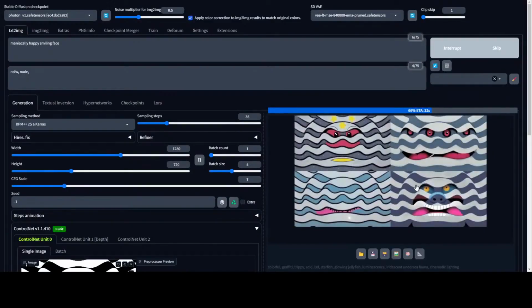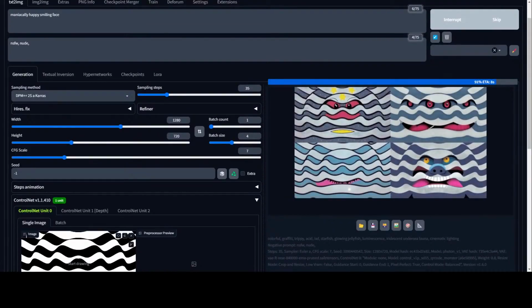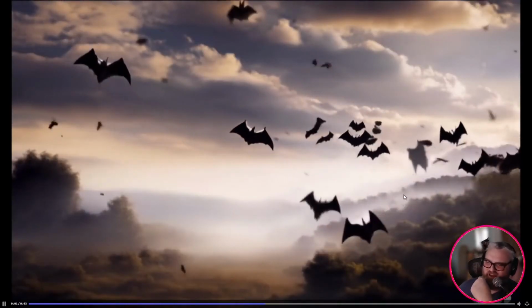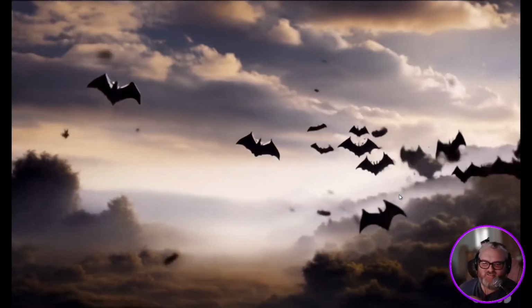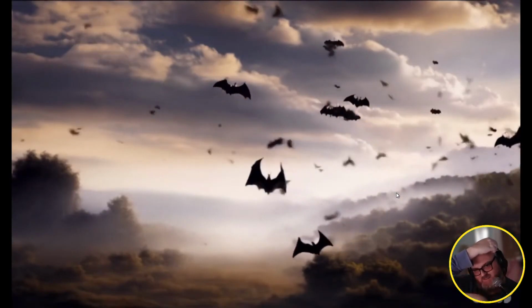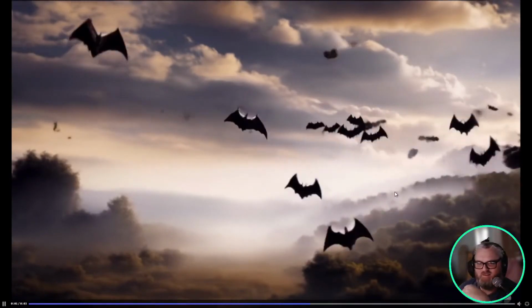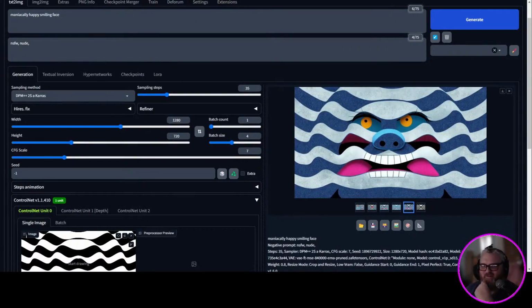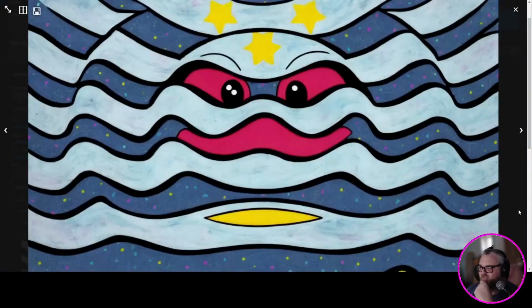These are cool. Couple extra teeth on this one, couple extra eyes, no big deal. This one's awesome. Oh yeah, what did that generate? Oh, the bat one came out awesome. So many bats. That's what I mean about the text to video. It's already amazing. The fact that you can put your own stuff in is cool, but this stuff's already just crazy. That's awesome. That one's really cool too, actually.